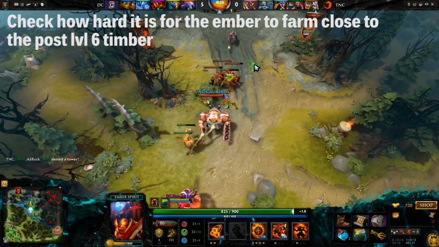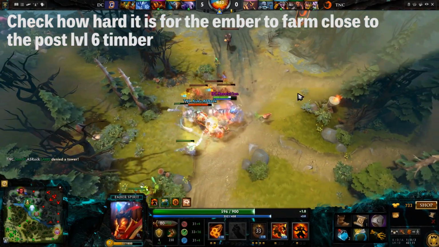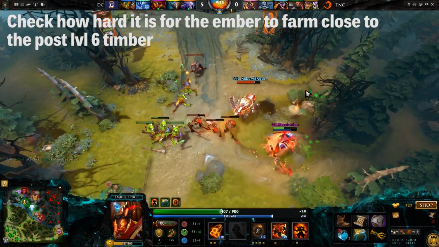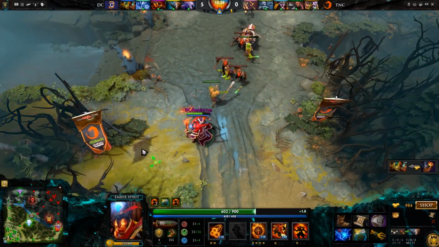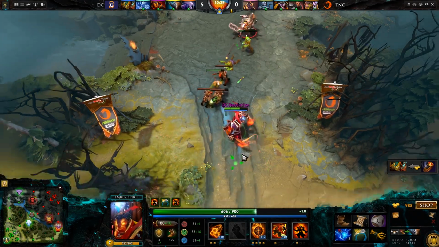Dire's top tower has been denied. Dire's is under attack. And here we can see him baiting the Timber perfectly. He draws aggro from very far away to last hit far away from the Timber, and at the same time